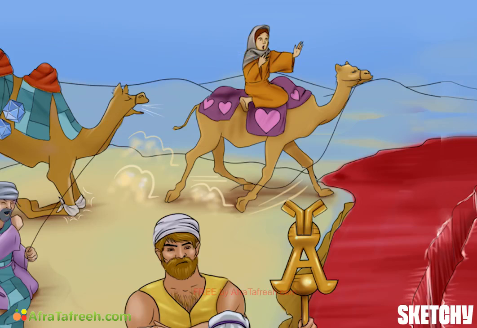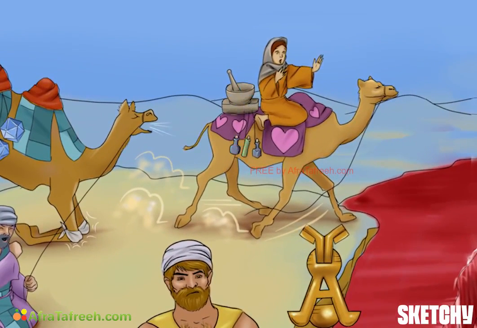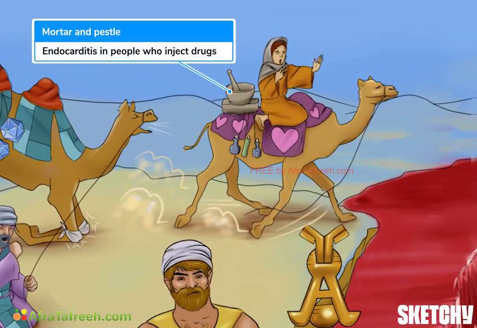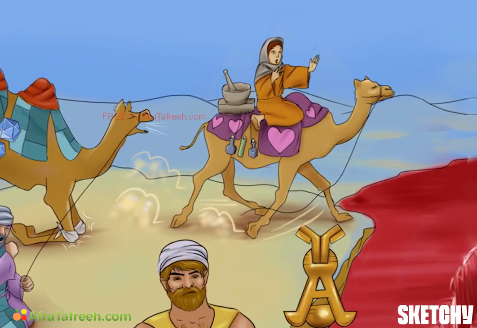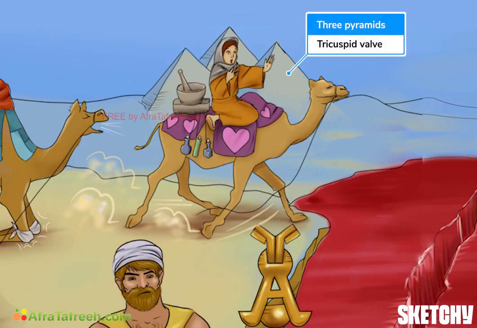In question stems, you should be thinking about Staph aureus endocarditis in someone that's an IV drug user. And in these cases, it's generally a right-sided heart infection, especially in the tricuspid valve. And we'll draw a mortar and pestle with these weird medication vials. These drugs will remind you of IV drug use. To remind you that tricuspid is the most commonly affected valve, we'll draw these three, or tri-pyramids lined up directly